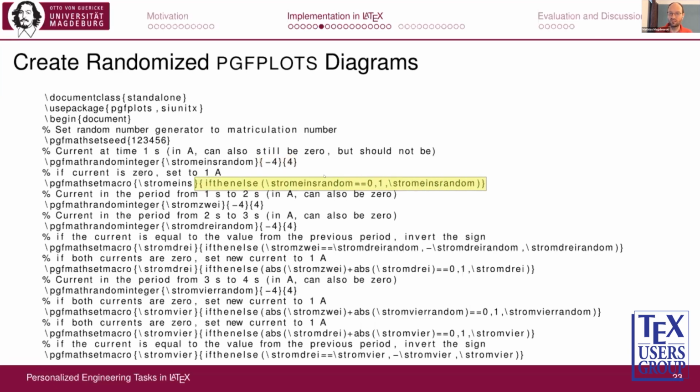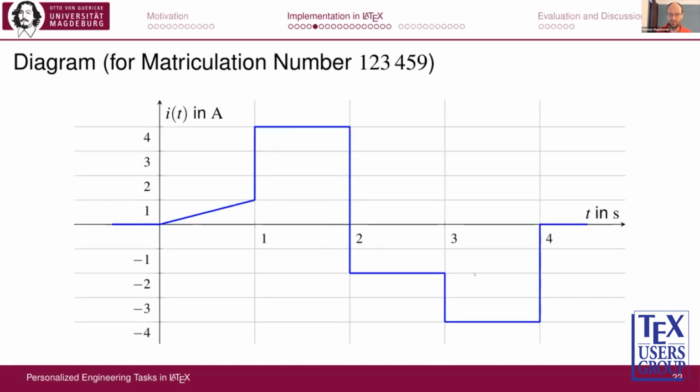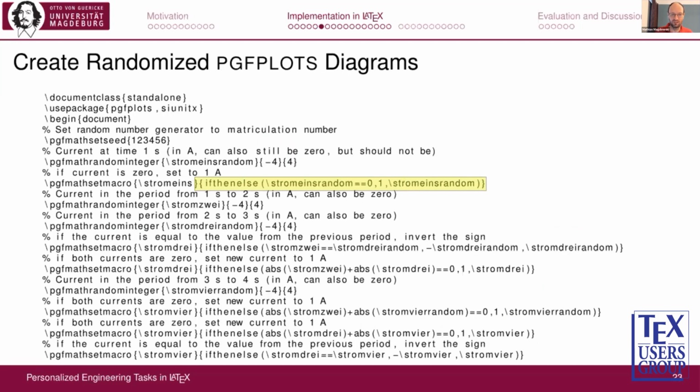So then I set it to 1, and if, let's say, in 2 adjacent time slots the current has the same value, then I also need to catch this. I think here is something like this: if the current in the previous and the next period is the same, then I just invert the sign so that they are different,